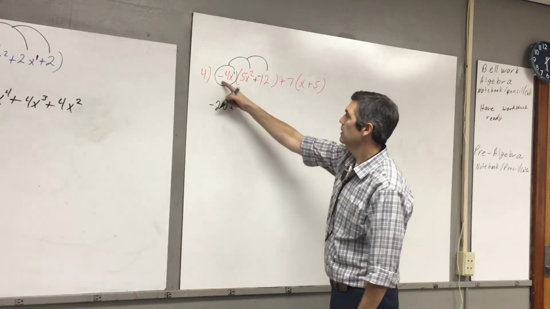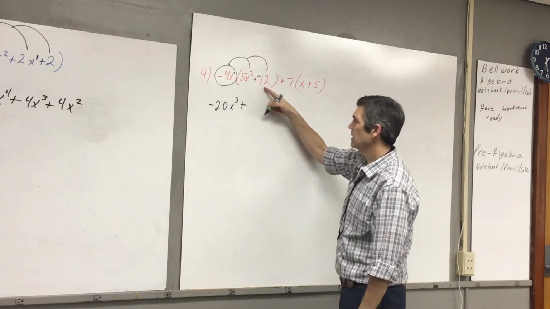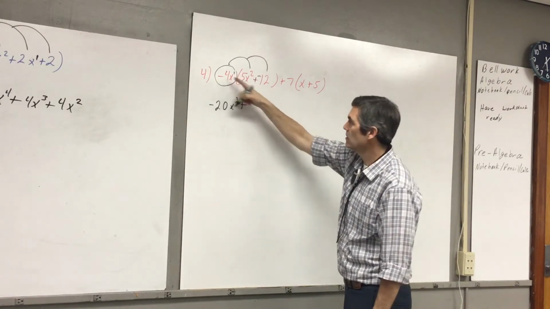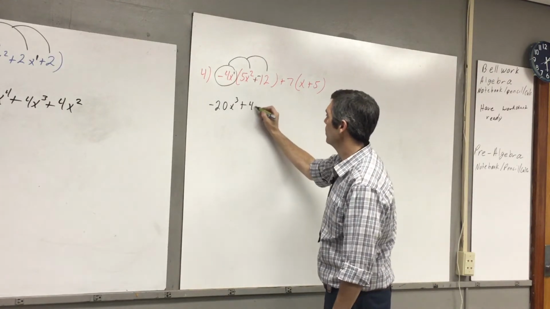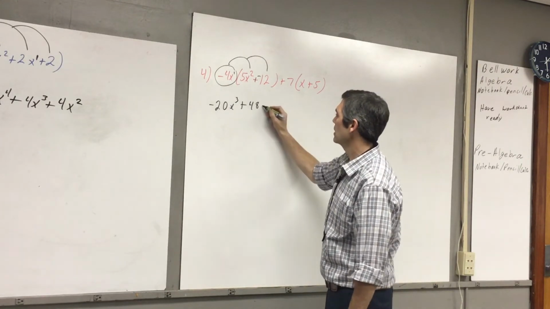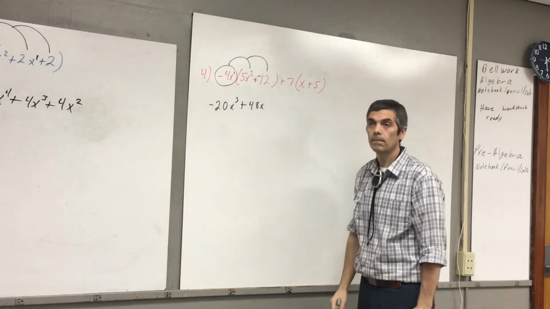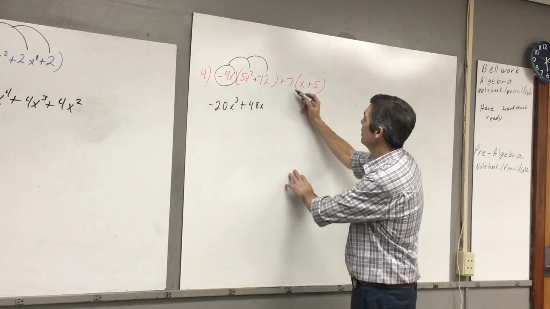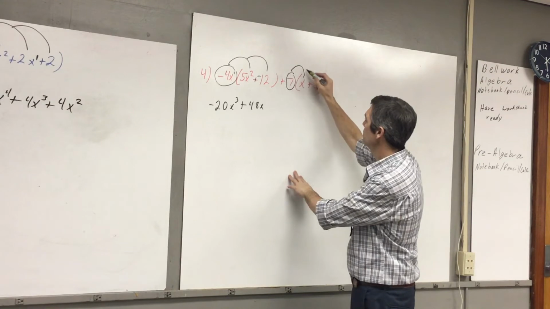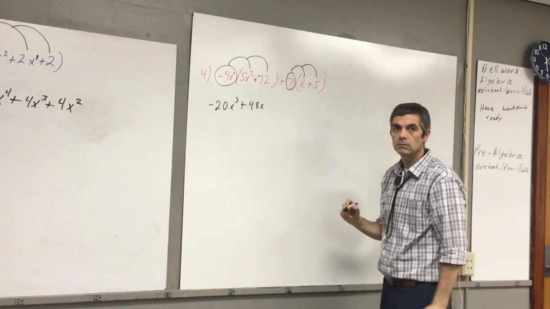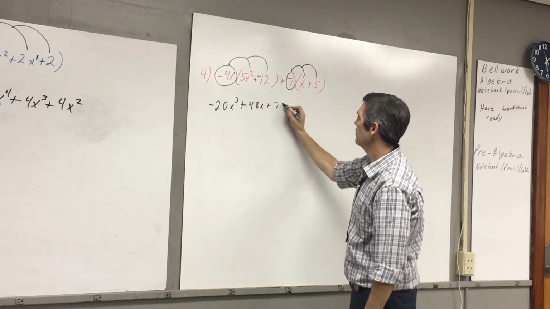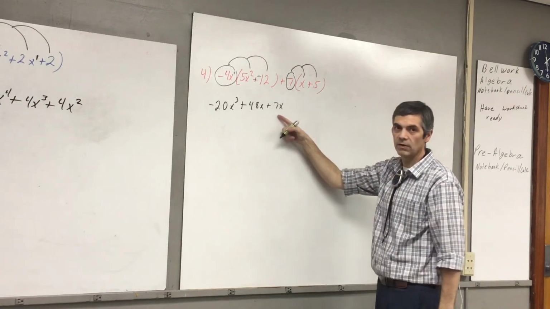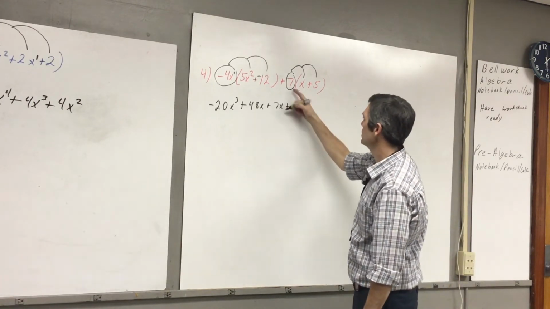Plus, negative 4x to the first times negative 12, a negative times a negative is positive. 4 times 12 gets you 48, and the x is still there. And then we're going to come over here, and we're going to take this and distribute it here and here. Same thing, plus 7x, 7 times x gets you 7x, plus 7 times 5,